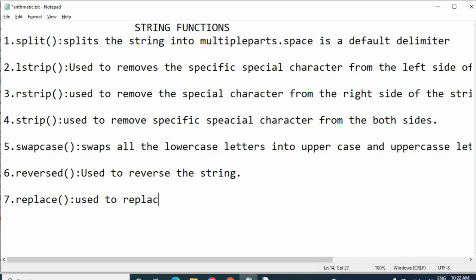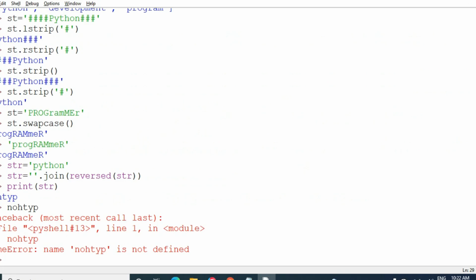It is used to replace an existing string with a new string. If you want to replace an existing string with a new string, we will go for the replace of function.